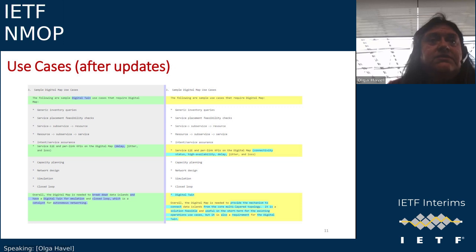And for the use cases, Pierre's comment here is that the proposed definition of the digital map is restricted to the topological properties of the network. And he said, I'm not sure your listed use case can work with only topological properties. I agree completely with you, they can't, but they all need topological properties and topologies, so each use case would then have additional models and additional data that it would need for that specific use case. But each use case does need a topology